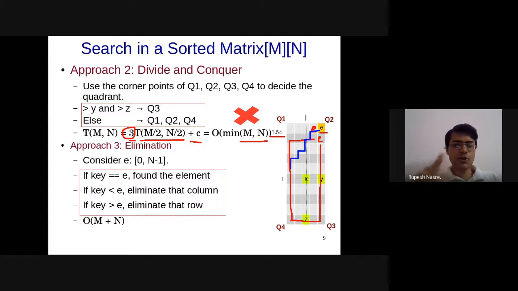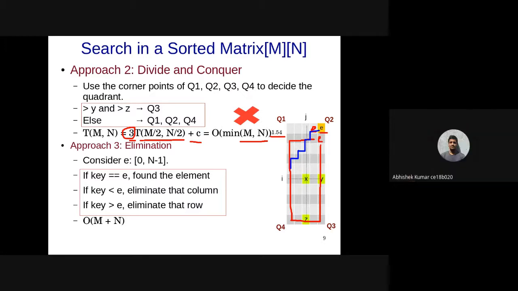And that 2n is same as order n. So you can call it n plus n instead of m plus n, and that will be order 2n, which is same as order n. Is that okay? Yes, sir.